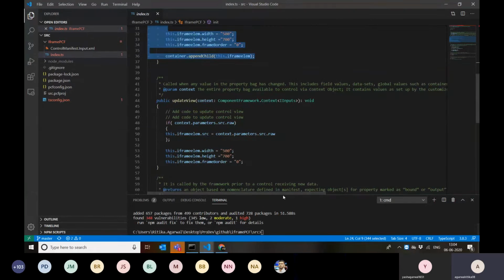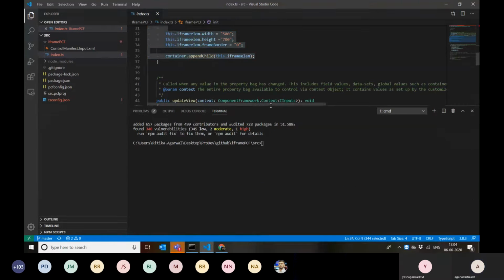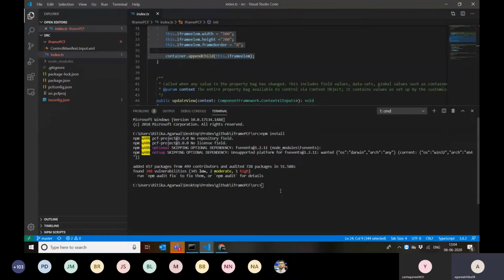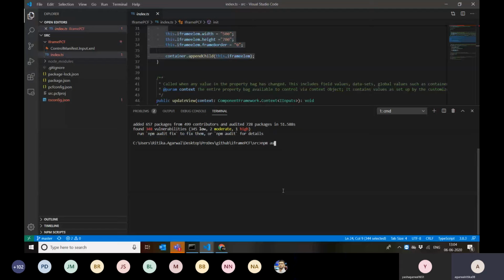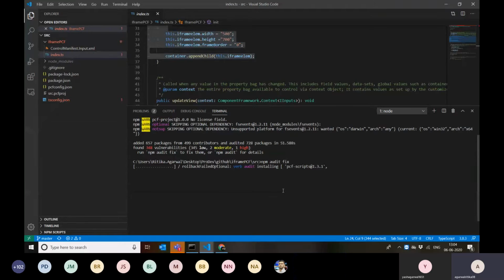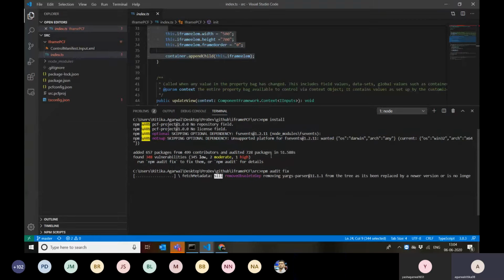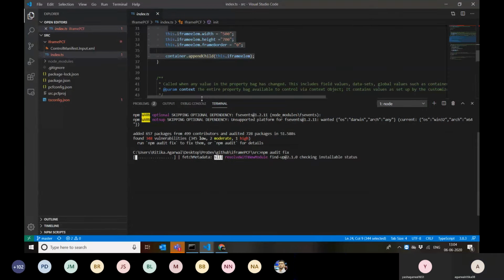So let's check this. Okay, so we need to run this npm audit fix so that if there is any package mismatch, it is going to fix that for me. So let's give it some time. I guess it will be done in a few seconds. So in the meanwhile, what we can do is...